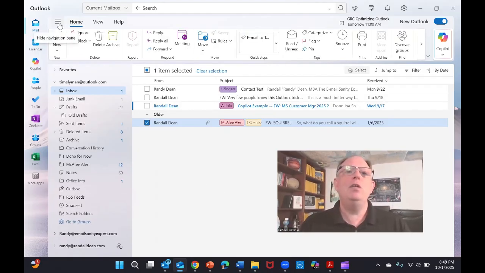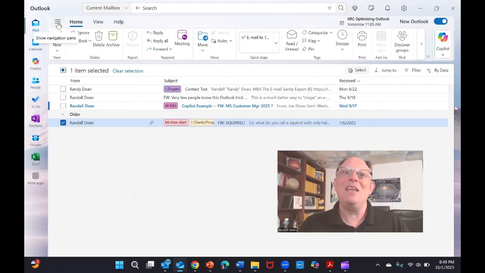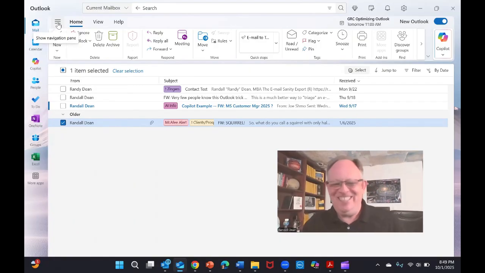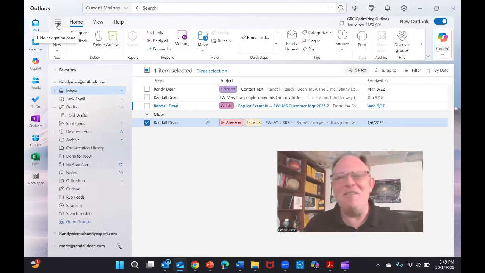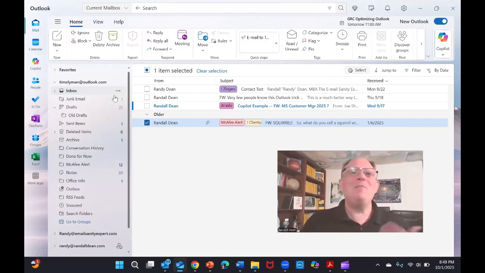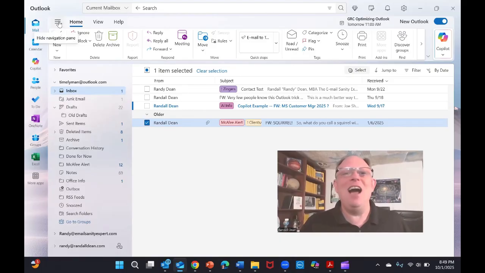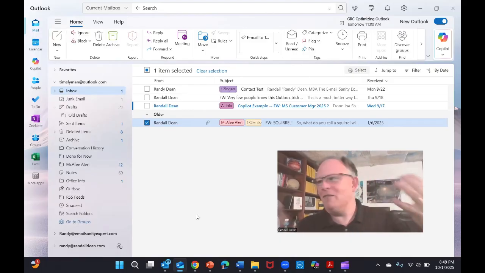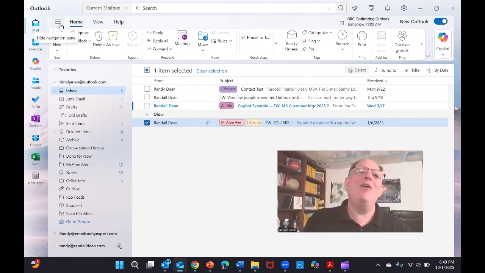tab. Notice that if I click on this, watch what this does. It hides the folders. So if you've ever wondered, where the heck did my folders go? Just click on this, and you'll have your folders back. Some people may not know that that's even what was going on, and then they're calling IT, saying I lost my folders. You've got to hover over things and see what's going on in here so you can